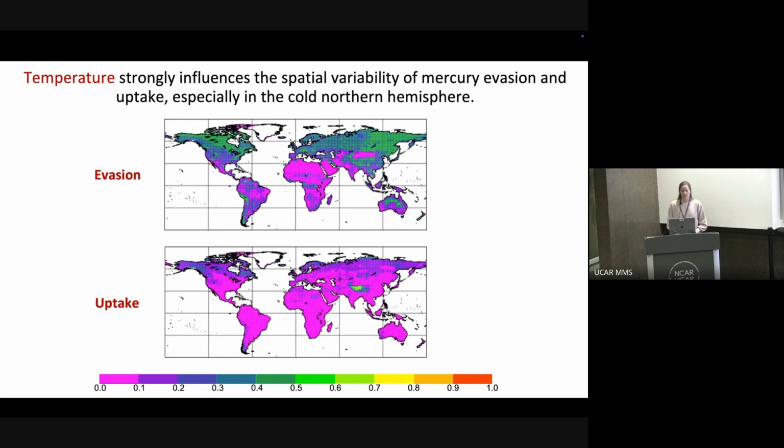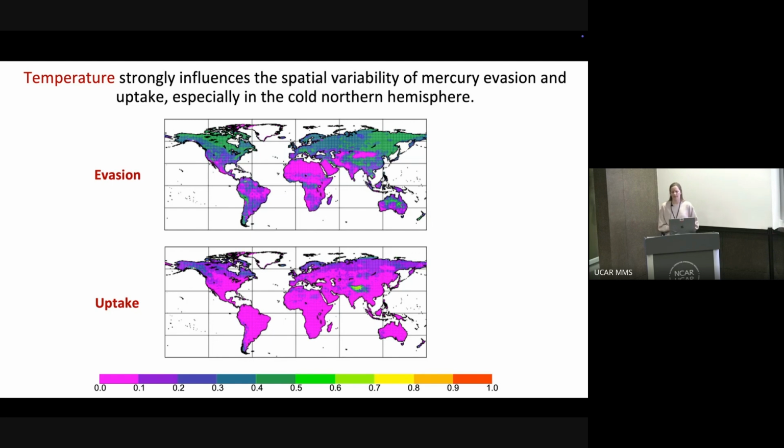These are relative standard deviations with regard to a reference value, which I'm going to show for each of these fluxes. I'm looking at both evasion and uptake in these next couple plots to see how different climate parameters impact mercury fluxes. As you can see here in the top for evasion, the blues and the greens mean that temperature has a stronger impact on evasion. And I should mention that evasion is basically a good proxy for respiration, and then uptake would be photosynthetic uptake